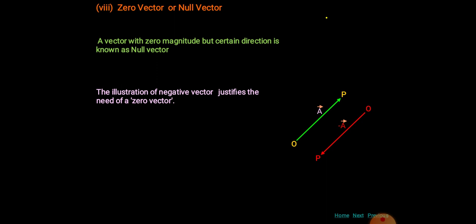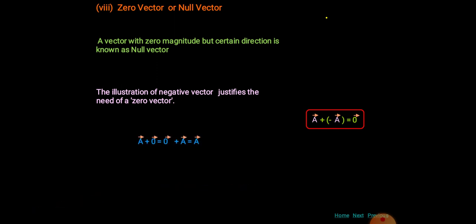Why? Because here the magnitude is the same but the direction is opposite. So if you do A minus A, it is 0. So here this is a zero vector. A vector with zero magnitude but certain direction is known as a zero vector or a null vector. You can see here A plus 0, that we can write 0 plus A, and that is nothing but